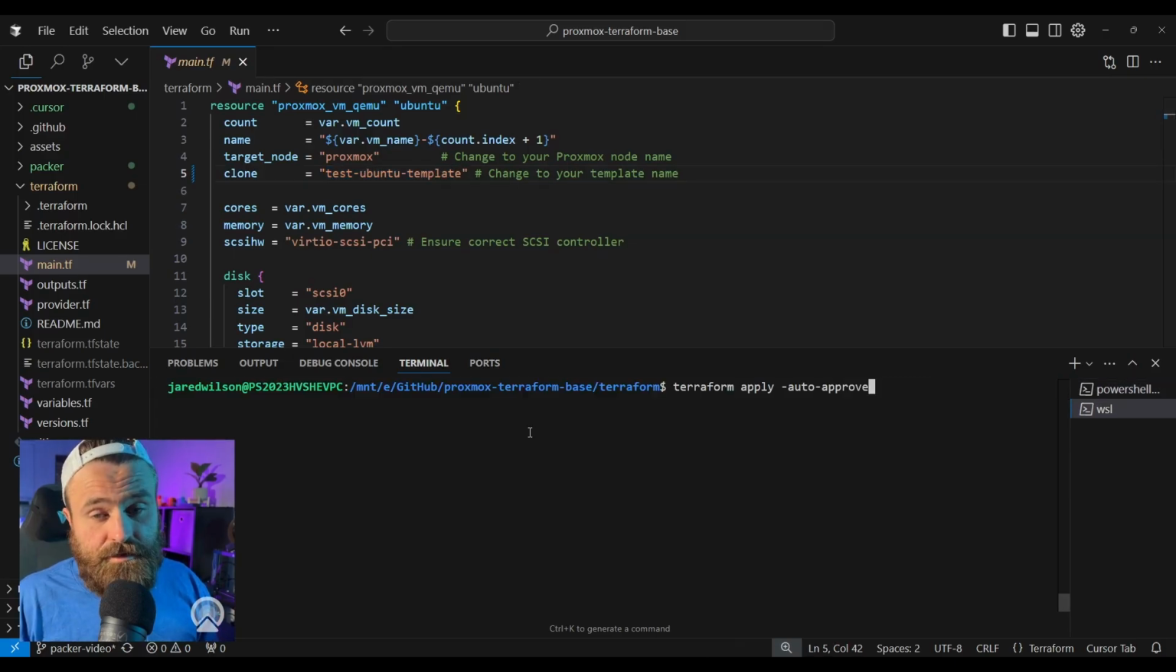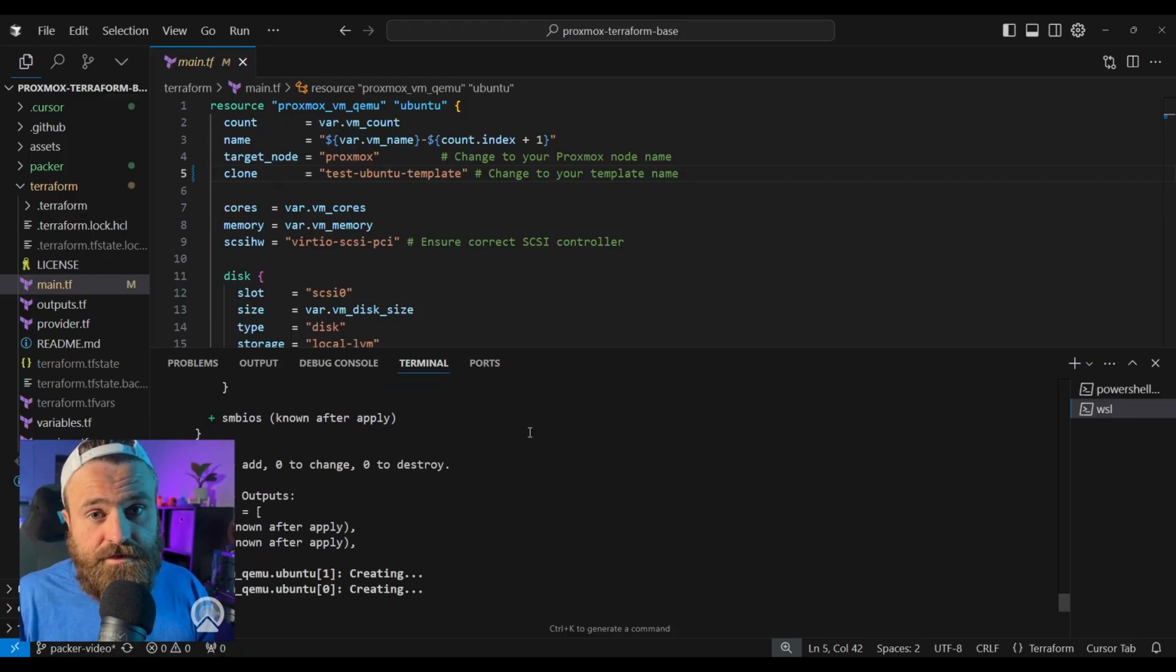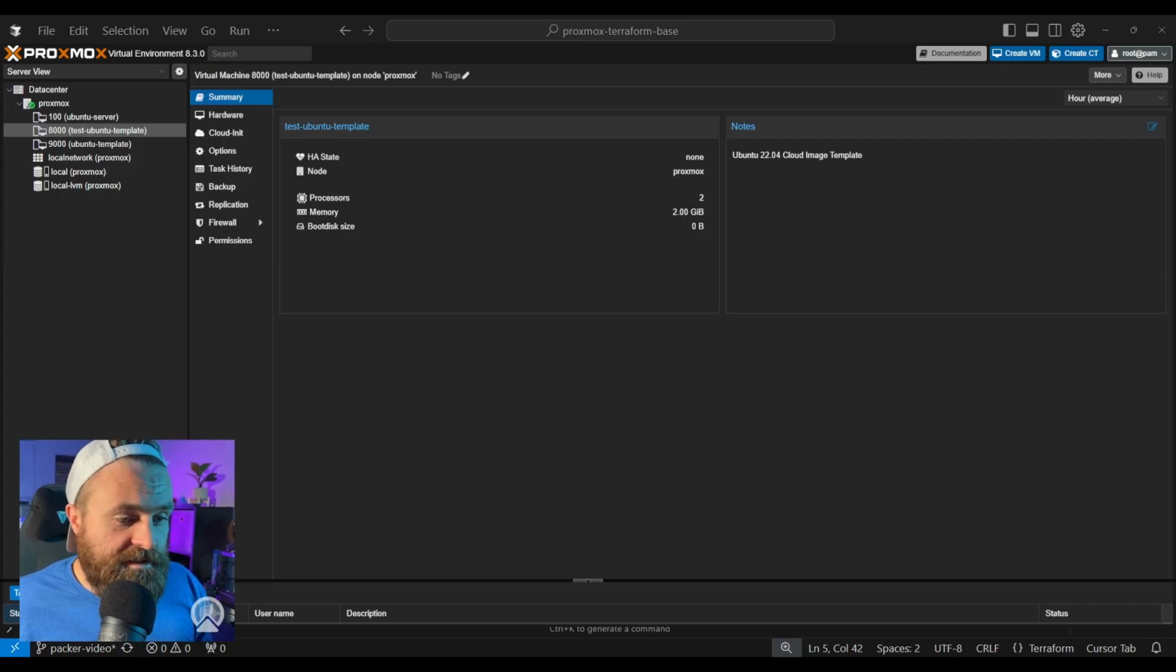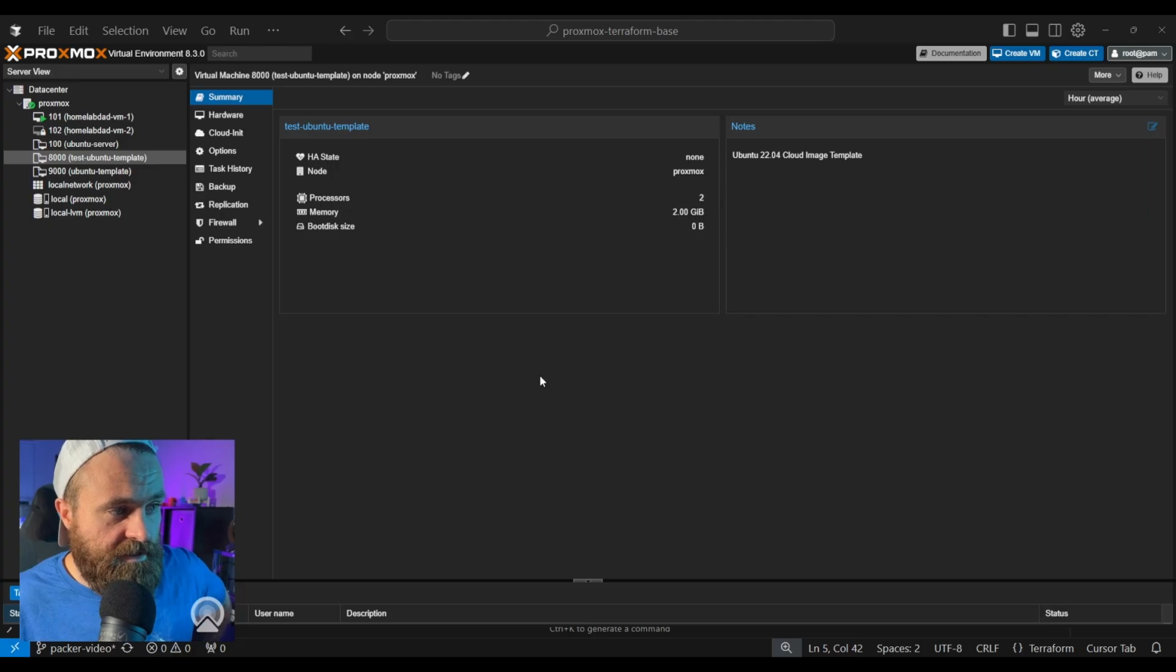And if I go to my WSL terminal here, I can run Terraform apply, auto approve it, and run. And we should see 2 Ubuntu virtual machines from the template we just created in Packer be stood up in our Proxmox cluster. Well, single node. So it looks like it's creating. Let's go check out Proxmox and see the magic happening for ourselves. VM1 is up. VM2